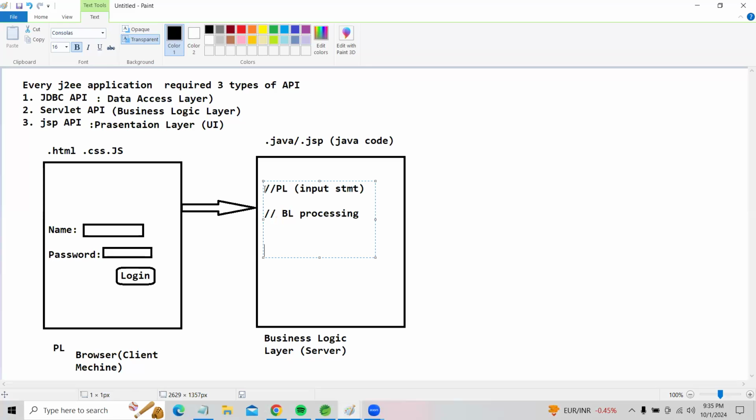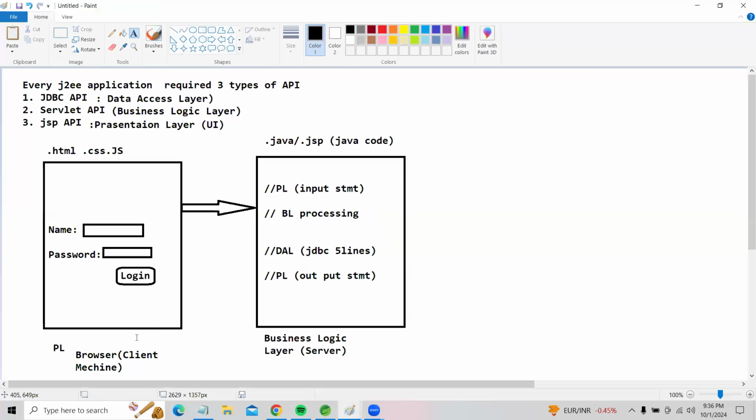After processing, if you want to save your data into the database, we write the data access logic with JDBC code, about 5 lines of code. These JDBC lines communicate with the database and give back a response. The response is the second presentation logic, the output statement. These are the 4 types of lines of code we write in our business logic layer.